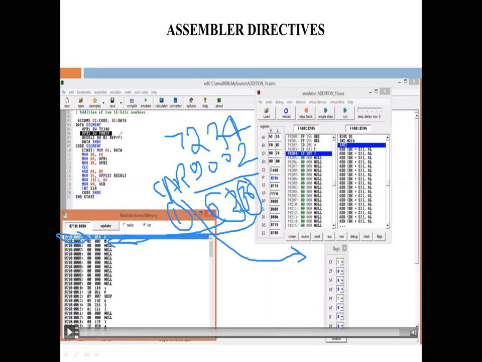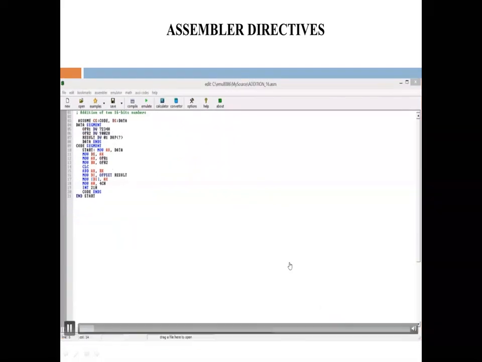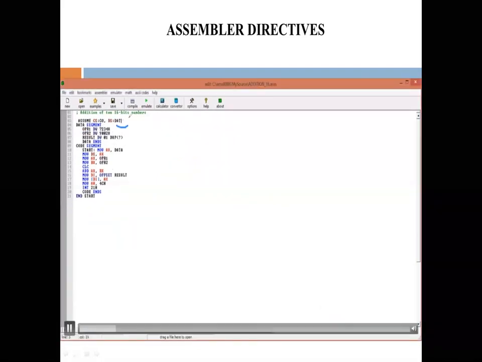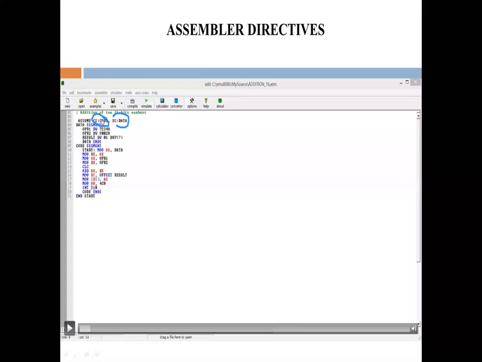In a similar way, we can write another program. The words code and data are not necessary to define the code segment and data segment. It is not necessary to define the data and code segments with the words code and data.